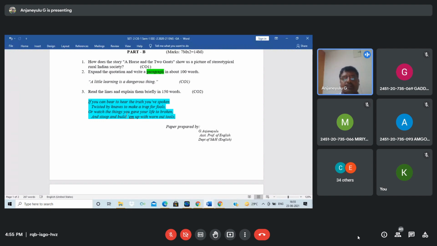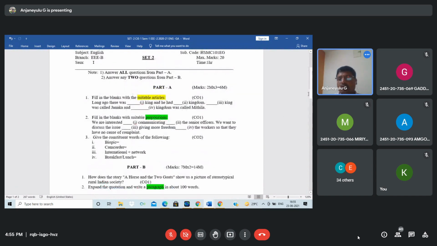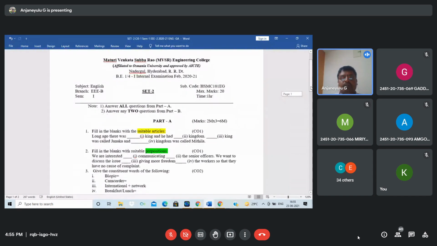See, sometimes with the poets, the way of their verse, verse meaning the style, we could not directly get the exact meaning. So you can write your own. If you know the idea, central theme, meaning of the poem, you can try to guess the poet's intention. That way also you can write the answer for this third question. So dear students, this is the previous question paper for you.